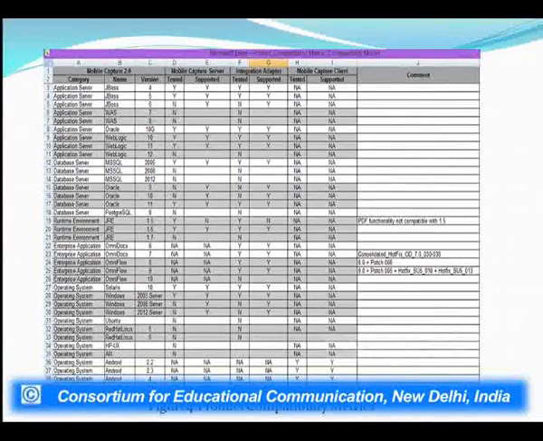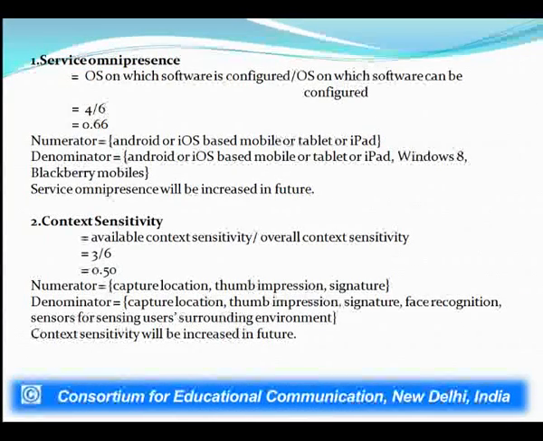We will take up one by one every metric of the ubiquitous computation and calculate the percentage measurement of every criterion. The first was service omnipresence. For Japper D, it is the operation on which software can be configured. This is the definition. Right now this Japper is being used on Android or iOS based mobile or tablet or iPad, and in the future